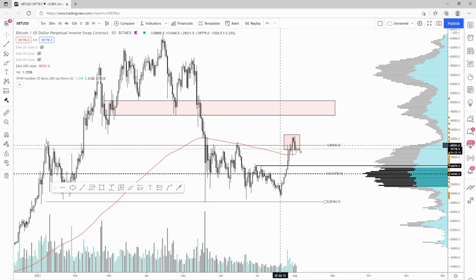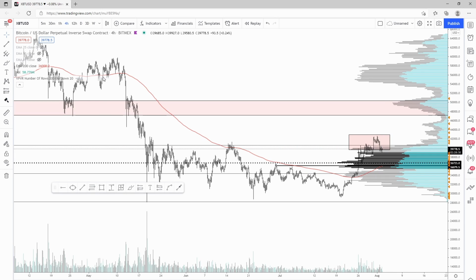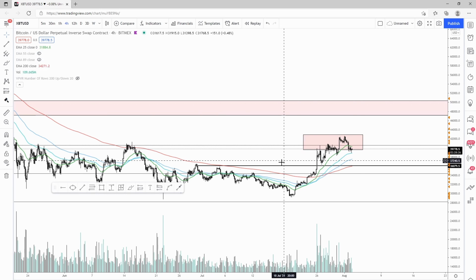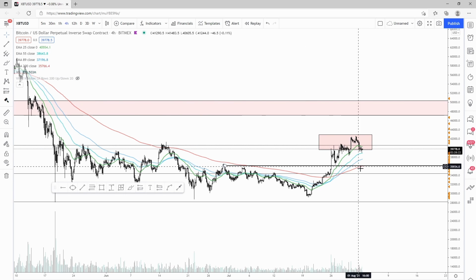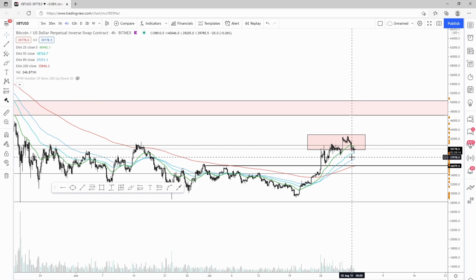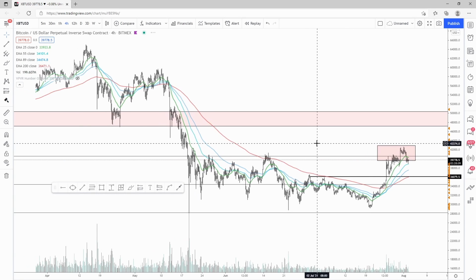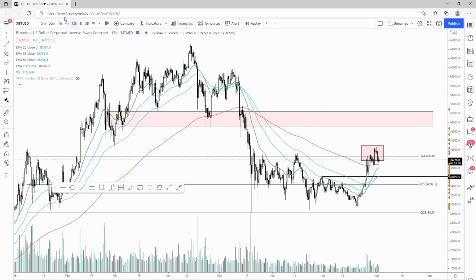As I said before, the 200-day EMA is acting as support, and what we're seeing right now as well is a lot of these other EMAs. They look pretty healthy in general. Price and EMAs are now bullishly crossing upwards. And this is a little bit different than what we saw on past breakouts,